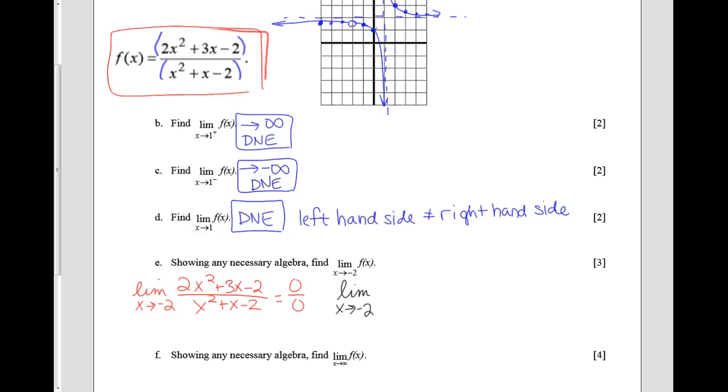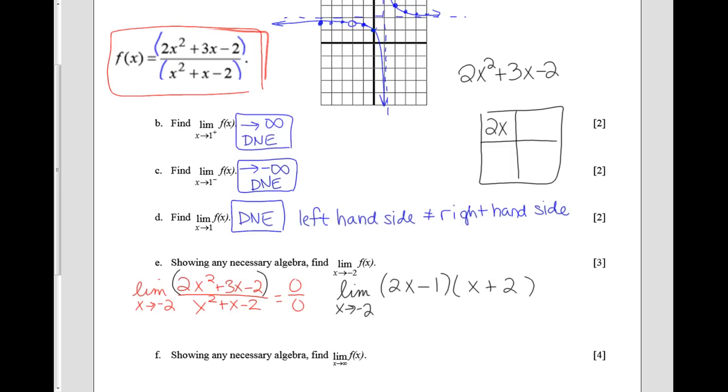So on the top, I'm going to factor. I have 2x, and my second set of parentheses would have an x. I need a 2, so it looks like if I put my 2 here with a plus and a minus 1 there, that's going to factor. I factor in my head. A lot of you guys don't do that. If you were going to factor this, let me come up here where I have a little more space. If you wanted to factor this without just doing it in your head,